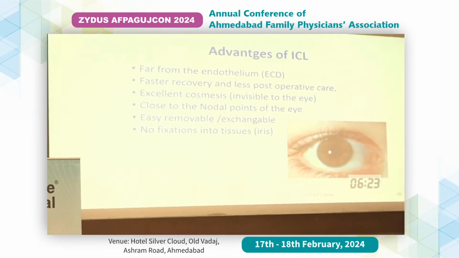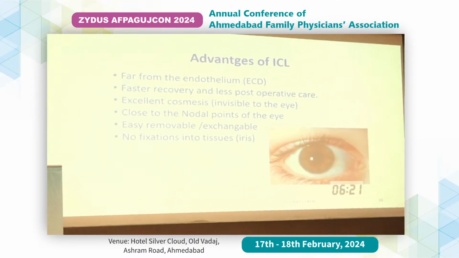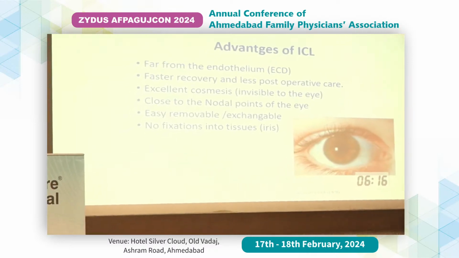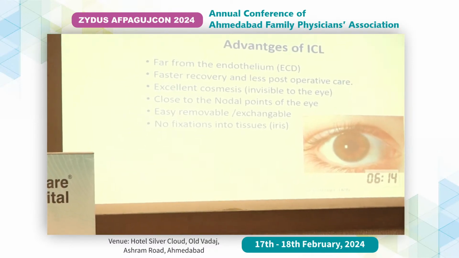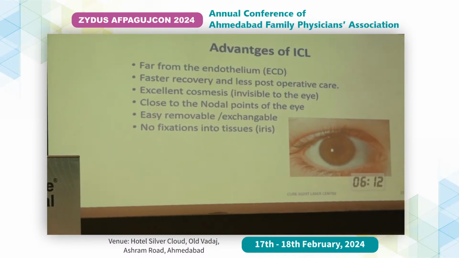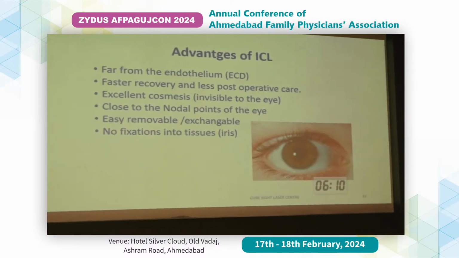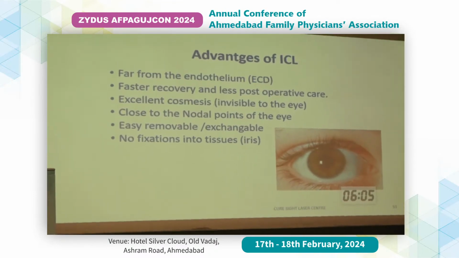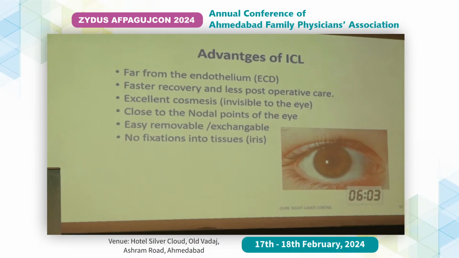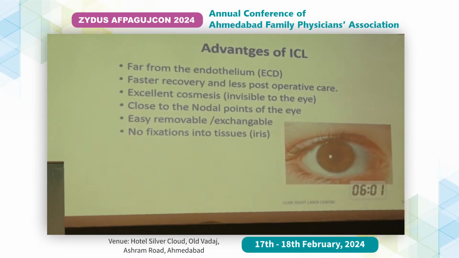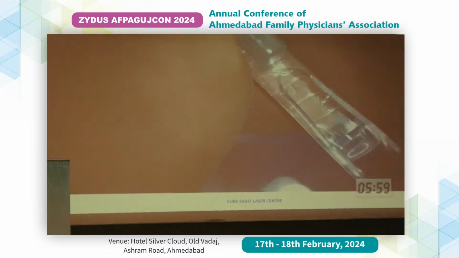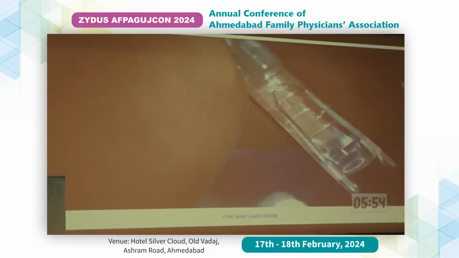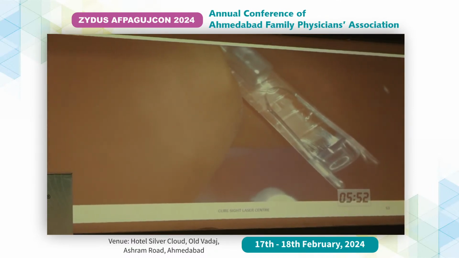The advantage of this, I would say the best part about ICL, is that the implant is at any point in life reversible and replaceable. So if your numbers change or anything happens, with a 5 to 10 minute operation, I can remove the lens and the eye would become the same as it was before, without damaging any part of your eye. Here is a video of an ICL I performed a few months back. I'll show you how the ICL works.